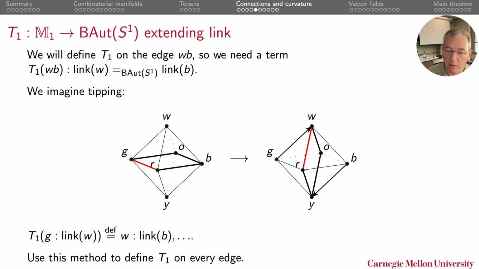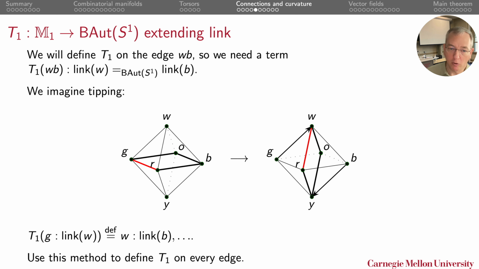Now, we have a choice here. This is a choice we're making. This tipping concept is our way of saying this is intuitive. We're leveraging the fact that we're thinking of this as a picture embedded in three-dimensional space, and we're going to use this as a rule, but we actually have to write down all the data. So below we see if you were to start to write down all the data, we would define T1 on this edge